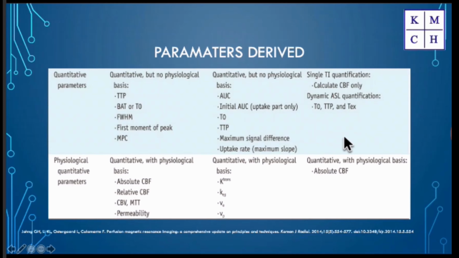What about ASL? ASL is used for absolute quantification of CBF, which means it doesn't look at blood volume, it only looks at the blood flow. Can we look at mean transit time? Not exactly, but if we can delay the methods or use a multi-delay ASL, about which I'll talk briefly later on, we would be able to quantify something called the arterial arrival time.